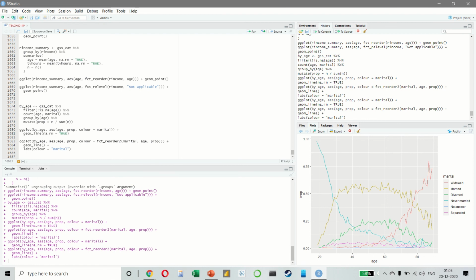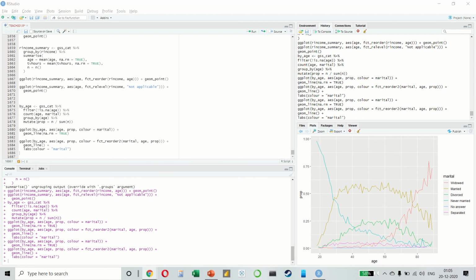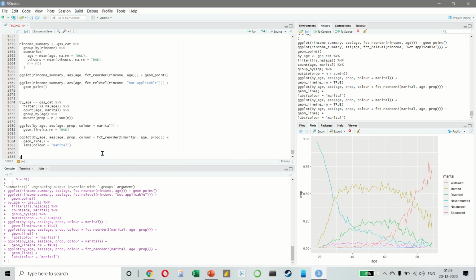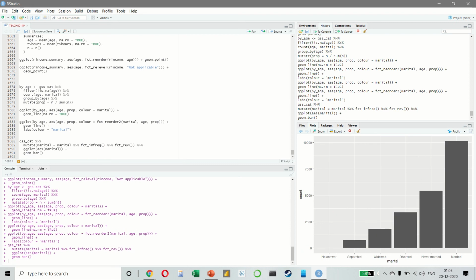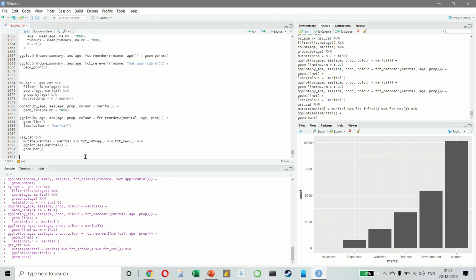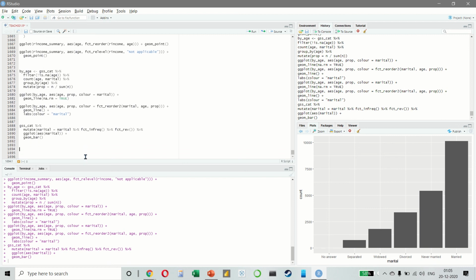And finally, for bar plots, we can also use this to create a simple chart. Now let's also see how we can modify the factor levels.